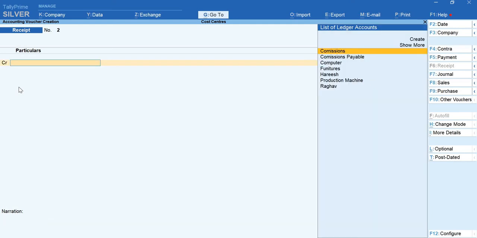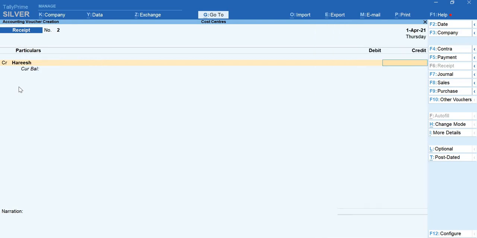And in the same way, Harish is investing money into my business in the form of check. He is giving me the money. The amount he is investing is 2 lakhs rupees. So again F6 receipt voucher, the rule is same. Debit the receiver, credit the giver. So credit the account of Harish because he is giving me 2 lakhs in the form of check. For that I have to apply a personal rule because bank is an institution. For institutions we should apply personal rule. The personal rule tells us debit the receiver and credit the giver.